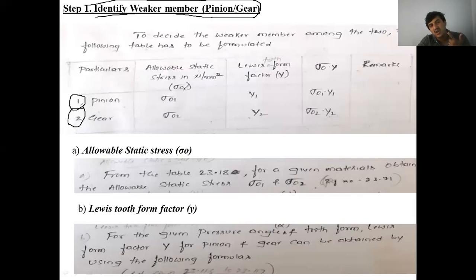Then you take the allowable static stress. Now how do you get the allowable static stress? By referring to table 23.18. So you go to the data handbook, you'll see that 23.18 gives, for a given material for the pinion and gear, the allowable static stress. Similarly, take the Lewis tooth form factor. That is, how to get the Lewis tooth form factor by referring to the equation 23.1152, 23.117 from the